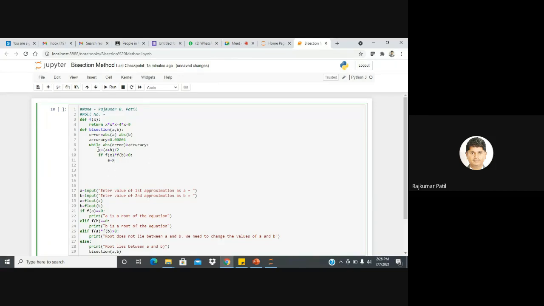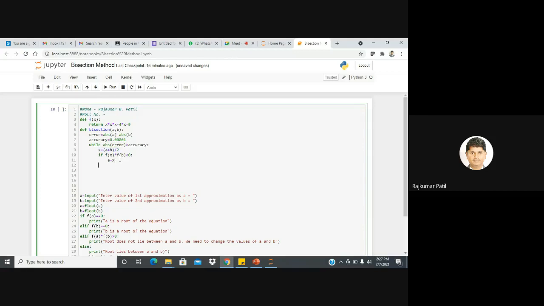Because here we wrote the formula x is equal to a plus b divided by 2. So again and again we are going to use a and b. And that's why if this condition is true, then we will assign a equal to x, so that when the program goes back to this particular line, it will take the new value of a and b and calculate the next iteration of x, that is the latest value of x.